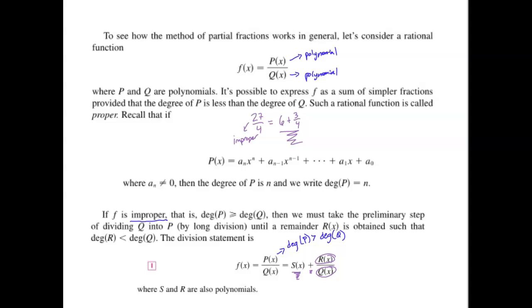So that's the first thing. So let's do an example with that. Let's say we want to integrate x cubed plus x over x minus 1. The first thing you want to check for is, is this a proper or improper rational expression? Well, the degree of the numerator is 3, the degree of the denominator is 1, so it's improper. So we should be able to use polynomial long division